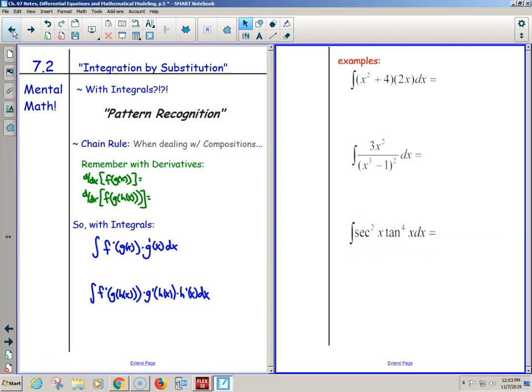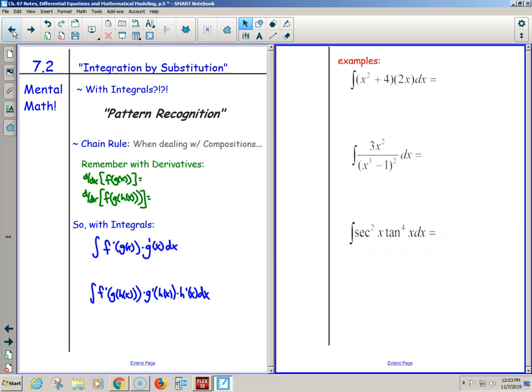So, last year, was I particular about you guys showing your U sub for integrals? Yes. But in BC, I hope you can do it in mental math. All the time? No. But more. Some of you aced the mental math last night with cosine of theta times e to the sine of theta d theta. Some of you were like, oh yeah, e to the u, no big deal. And others of you were like,